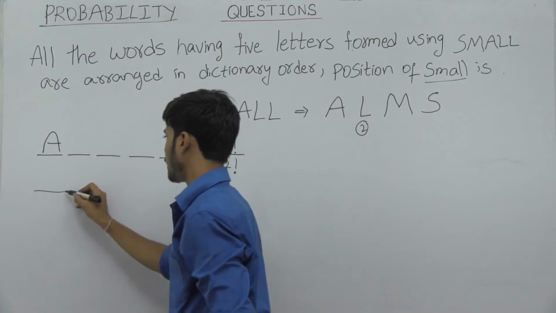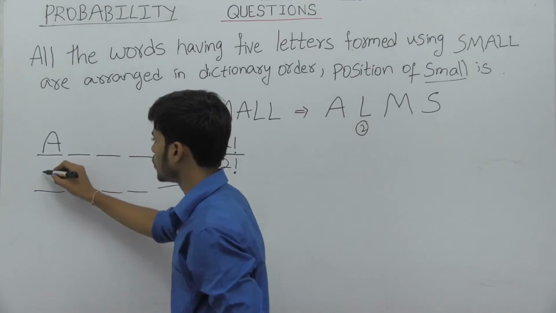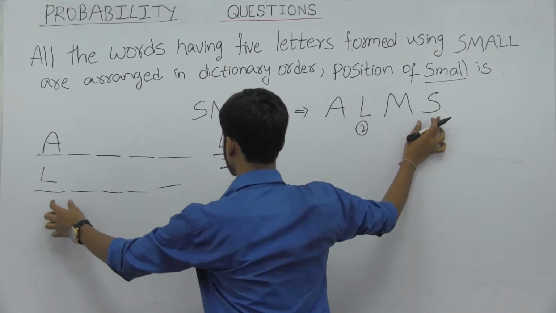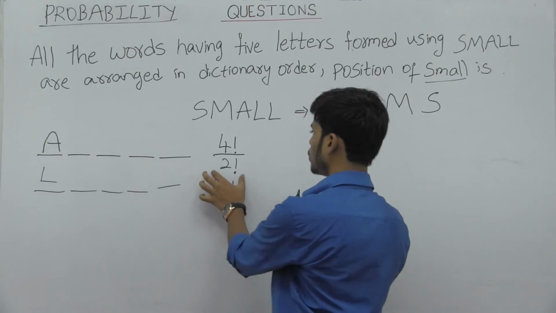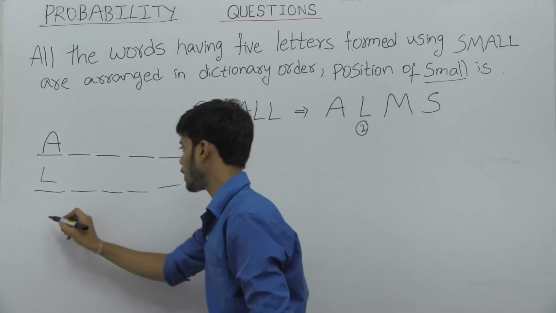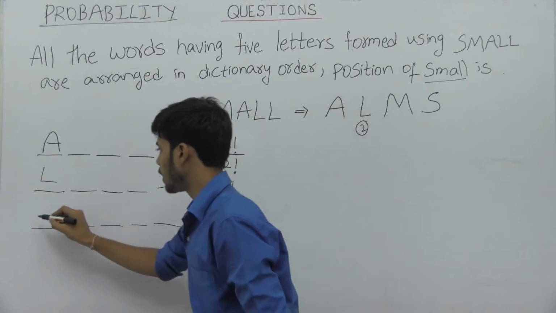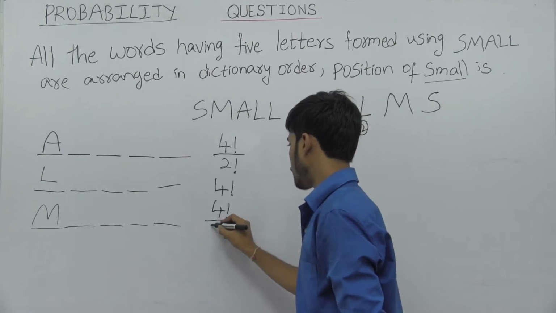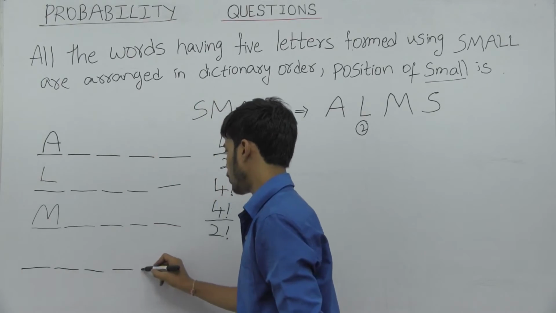Again going over to the next 5-letter word. After A we have L, so this starts with L, and this is not what we need, S needs to be in the first place. So again this can be filled in 4 factorial ways, and there is no 2 factorial because we have already used the letter L once, hence it's only one more time. 1 2 3 4 and 5. After L we have M. In the same way we have 4 factorial divided by 2 factorial, and 1 2 3 4 5.